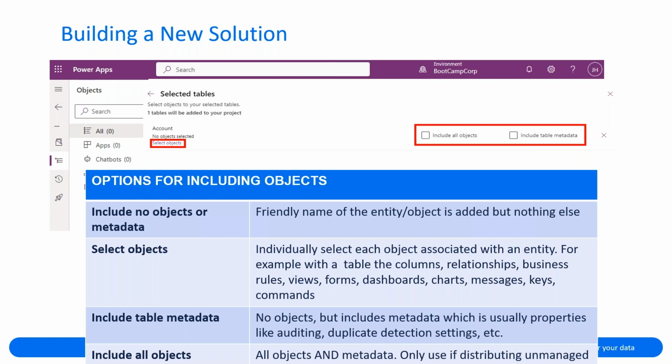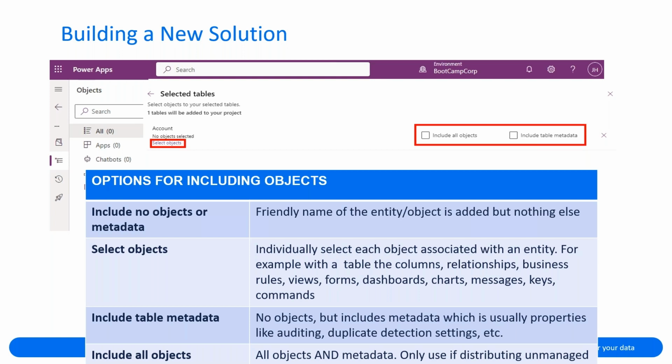Say the only thing I've done is use the account form, maybe I created a new account form and added a couple of new columns. Those are the three things I should be bringing into my solution, and not necessarily everything that's out of the box. Because when you try to push the solution, say you only had dev and production, when you push it into production, those managed components that you saw in your dev environment will already be in your production as well. So that's where it's a give and take, and you want to be careful with it.